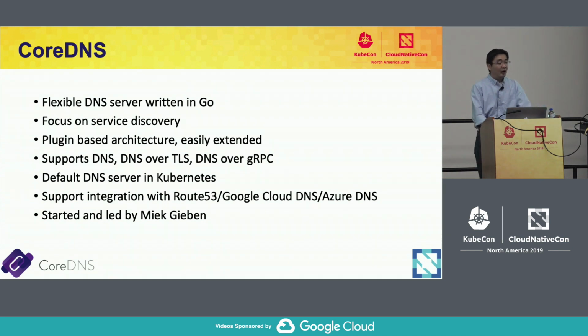Okay. First, some introduction about CoreDNS. As you may figure out, CoreDNS, first and foremost, is a DNS server. It is a very flexible DNS server written in Go. And the biggest difference between CoreDNS and other DNS servers like Bind is that CoreDNS is focusing on service discovery. It's not a truly standard conformant DNS server like Bind,